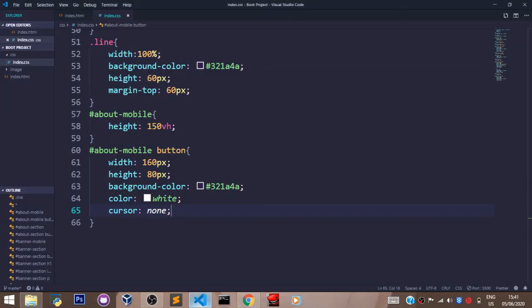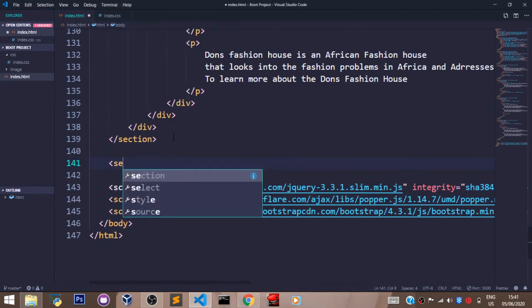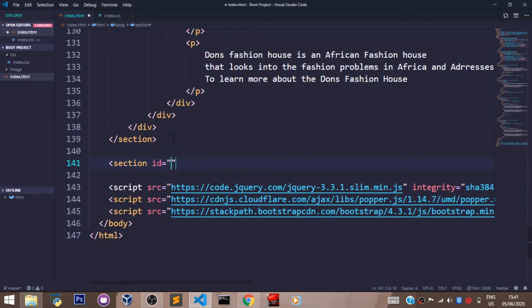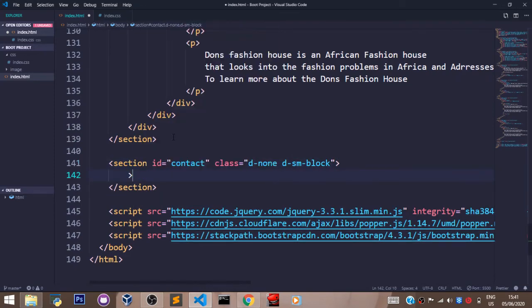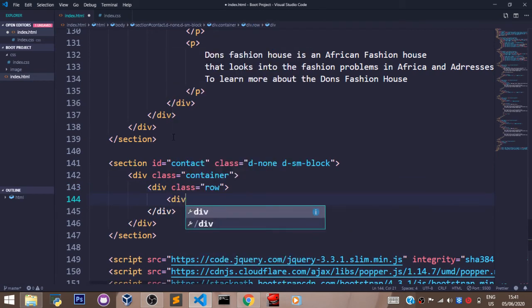So to do that, we'll come here in our index.html file. Beneath this section here, let's create an ID and let's say contact, and let's pass in our class there to hide this from a mobile display. So let's say d-none d-sm-block, and let's create a container now, and let's create a row. Let's create a div right there,